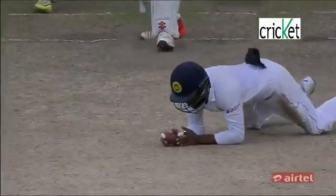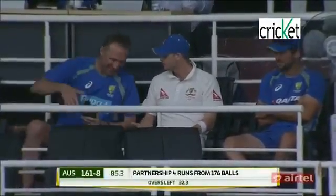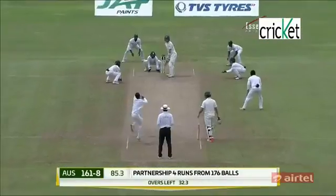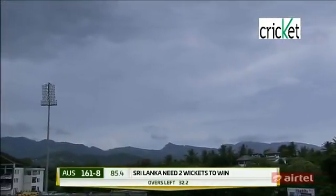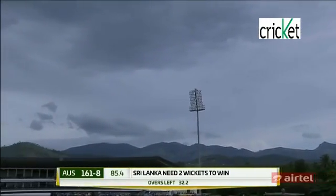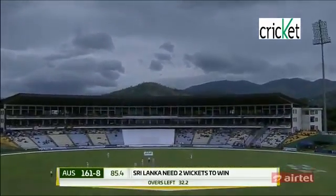There's splinters in the ball. Feeling we'll have a lot more play, or possible play, available to us. It looks a lot clearer than the prior days. Yeah, that will be what Sri Lanka are hoping for, but that is the very thing the Aussies will be hoping against, because the bad light has been an issue. I can't see rain intervening at this stage, but bad light is something that...